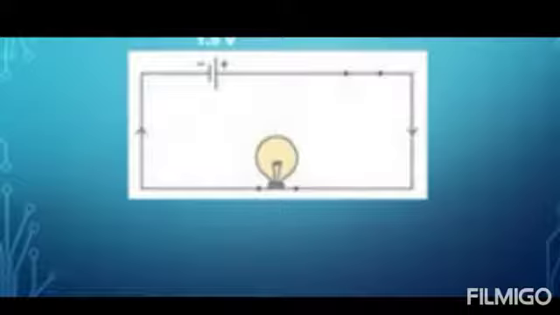Electrons in the wire flow due to the potential difference between the two ends of the dry cell, the positive and negative ends. They flow from the negative terminal of the cell to the positive terminal of the cell. But the conventional current flows in the opposite direction, as shown by the arrow in the figure. We will learn about the electric circuit in more detail in the next topic.